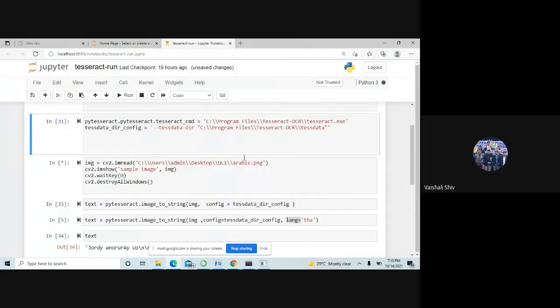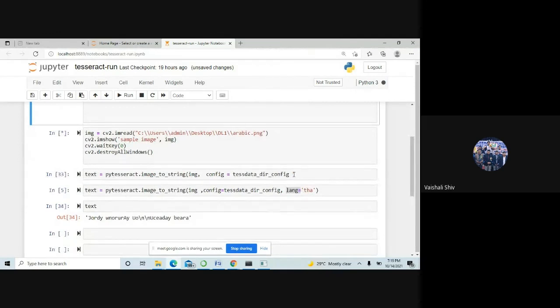So let's see. Okay, I run this line. Here I was not providing any language, because by default it will take English, but in the fifth line I have to change it to ARA. It is the short form, and I will run this line.